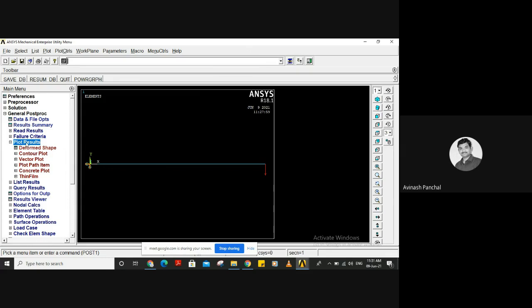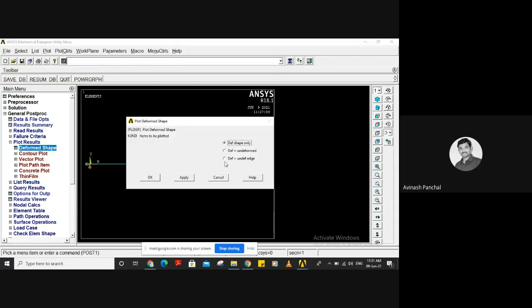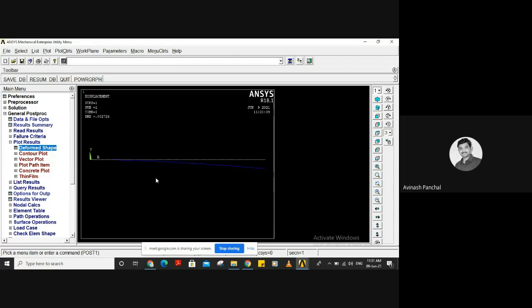So as the solution is successfully done, plot results has appeared. So deformed shape, deform plus undeformed shape, we can see the deflection of this beam due to the 1000 Newton load. Yes, this is the deflection.